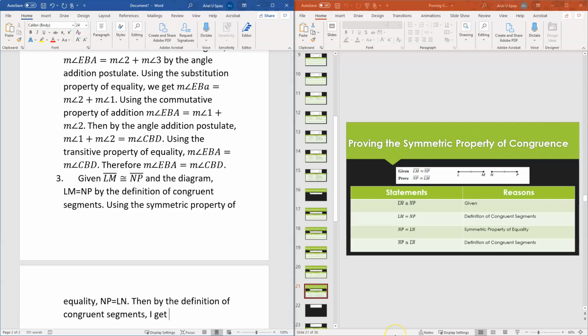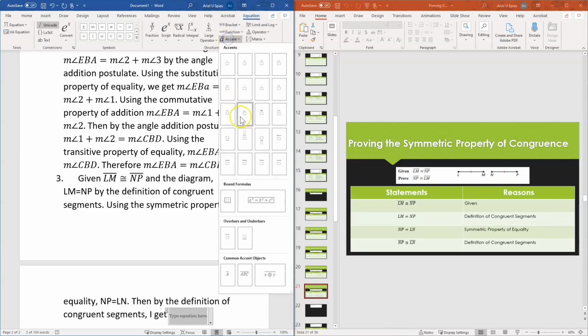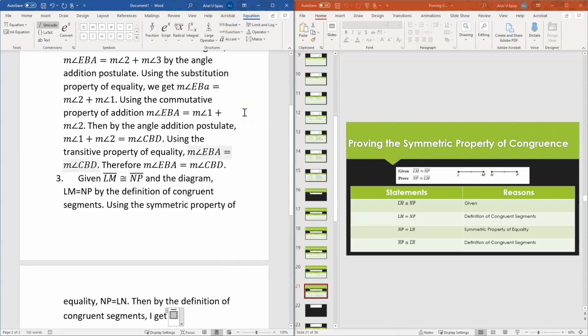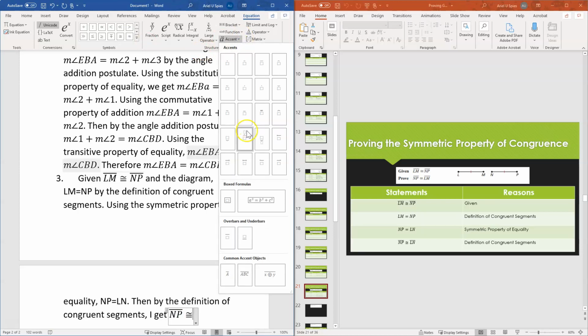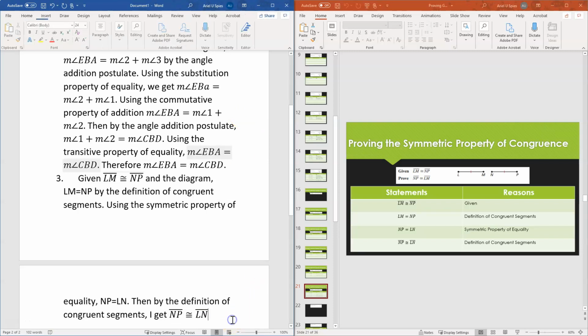and this is where I want to go back into my formatting. So if I go to the accent, the bar above, this time I'm typing in NP, and then I want to go find the congruent symbol from the symbols. Oops, I didn't arrow out of that, so it kept the bar with it. And then I want to go back to the accent, get my bar above, and LN. Then I can say, therefore,